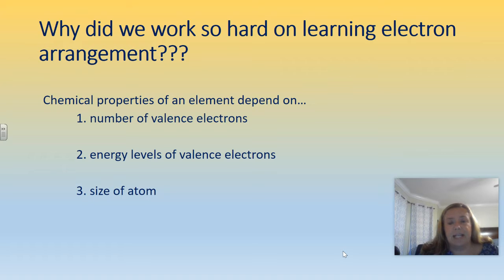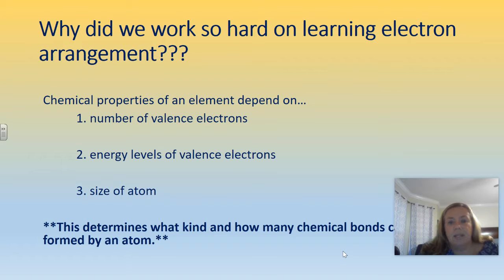The third thing is the size of the atom. The size of the atom is also important because, as we were looking at the atomic radius, it depends on how close those electrons are to the nucleus. Are we going to have a single bond, a double bond, a triple bond? That makes a big difference with the size of the atom as well. So these three things help determine the kind of chemical bonds